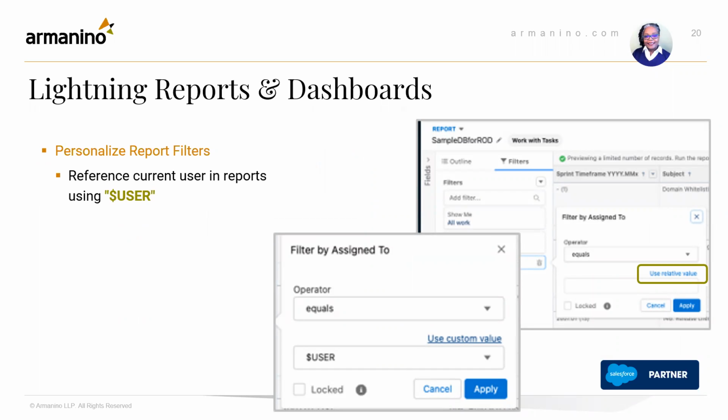Also delivered in this update, users can easily set up reporting filtering that present results in a more personalized way with the use of the value $user. This is a setting that will allow you to filter on any user field. Owner fields are the most common use case, but there are many others, including many custom fields that are lookups to the user object. So when you select the relative value for $user, the filtering will become dynamic to the